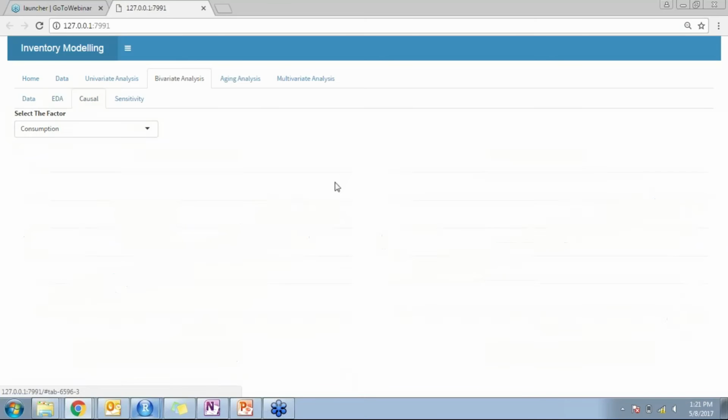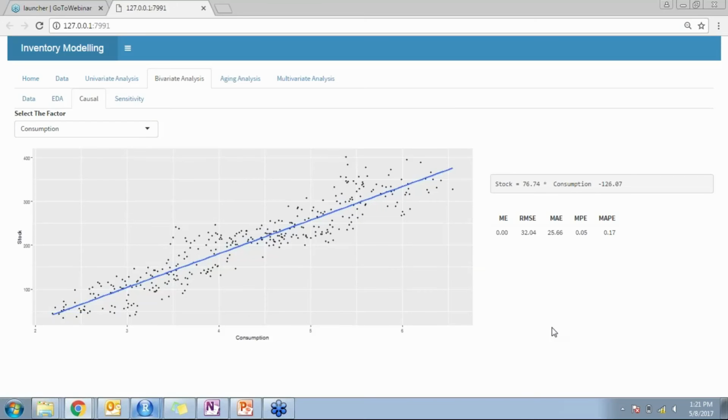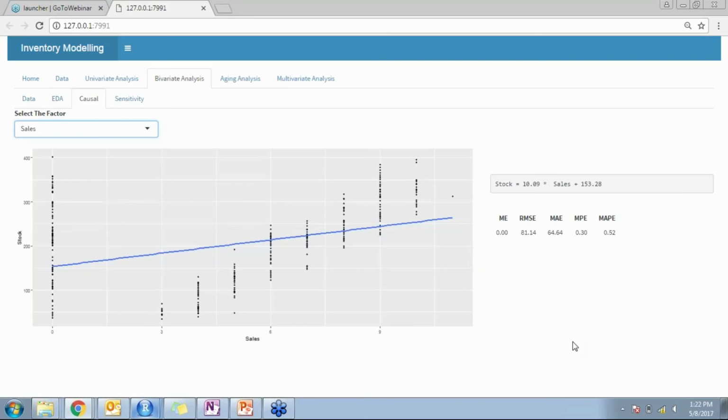multivariate analysis. Now we move to a causal analysis where we identify the relation of the dependent variable, which is stockpiling up, with respect to each of the independent variables. Then we identify which variable contributes more to the variance of the dependent variable through a correlation scatter plot analysis. And over here, we do carry out a regression, which you can see here, which gives out a regression equation like this, which includes beta 0 plus beta 1 times the X variable that we talk about, sales. Like this, for individual